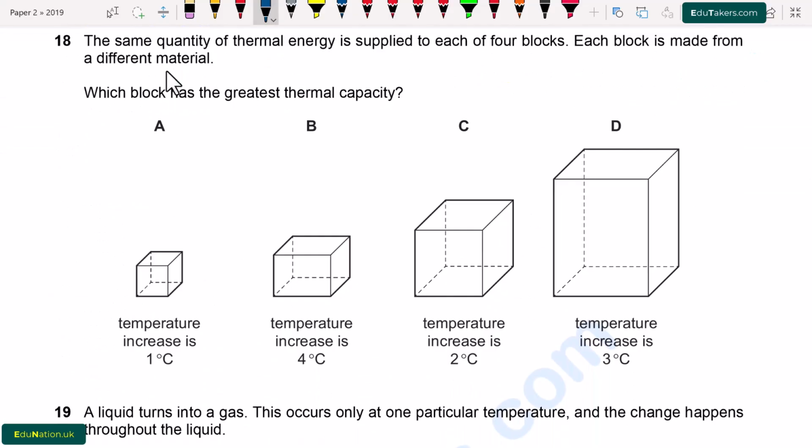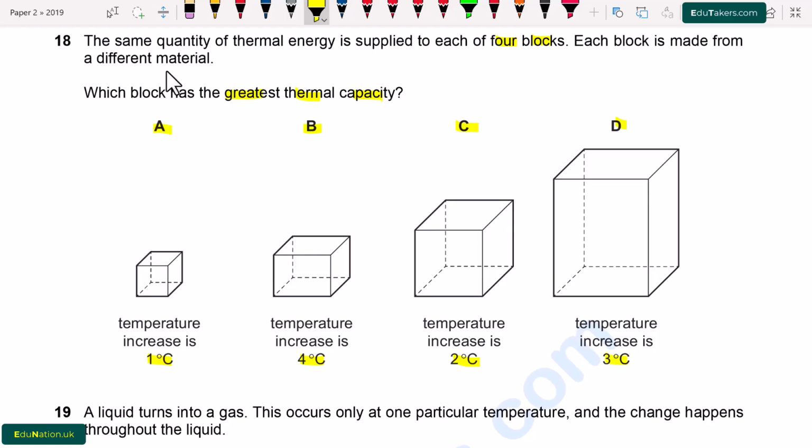Question number 18. The same quantity of the thermal energy is supplied to each of the 4 blocks. Each block is made from a different material. Which block has the greatest thermal capacity? Here, which one of the following block has the largest thermal capacity? 4 blocks are shown, A, B, C and D. The temperature of the block A increases by 1 degree C. The temperature increase is 4 degrees C for the block B. For the block C, the increase in temperature is 2 degrees C, and for the block D, the temperature increased